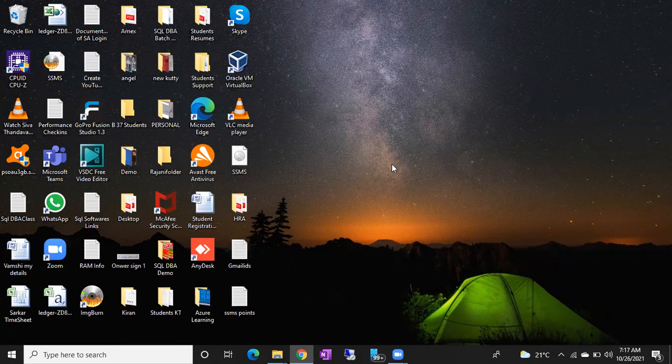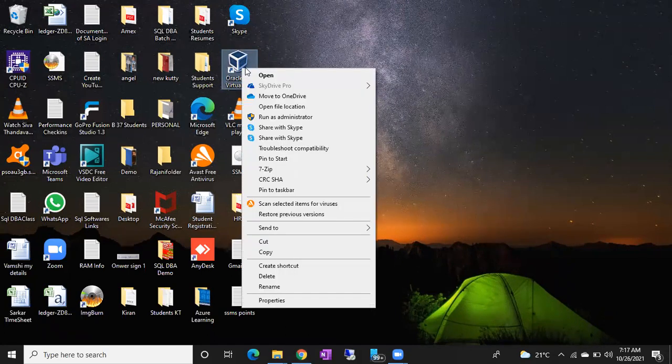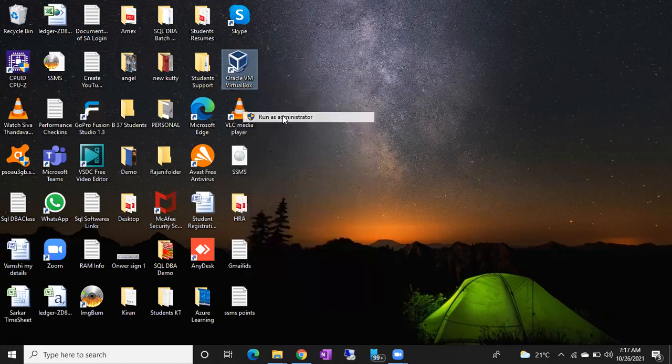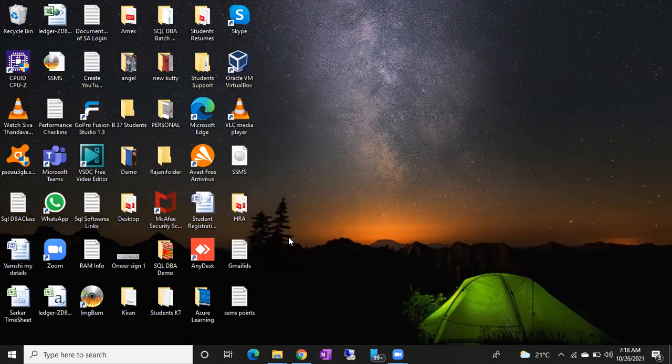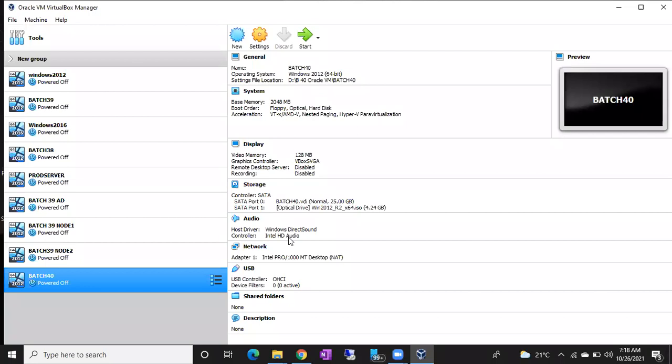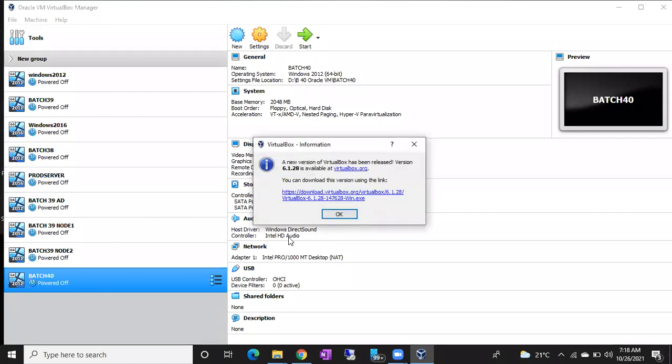Okay. Fine. So yesterday we discussed how to create a virtual machine and how to install the Windows operating system, right? So let me start the machine. Again, when you install Oracle VirtualBox, try to open it in run as admin mode. From today onwards, get in the habit of this. Whenever you open any application, like SQL Server, SSMS Management Studio, Oracle VirtualBox, SQL Server setup files, or SQL Server patch files, always try to open them with run as admin mode.